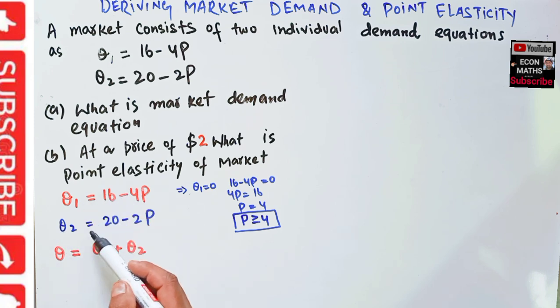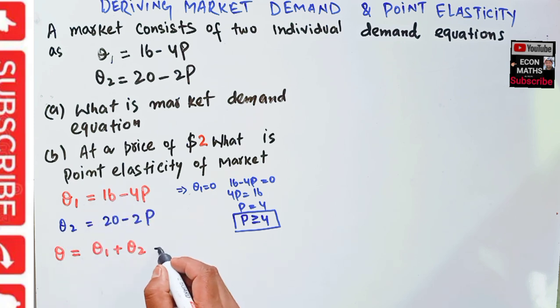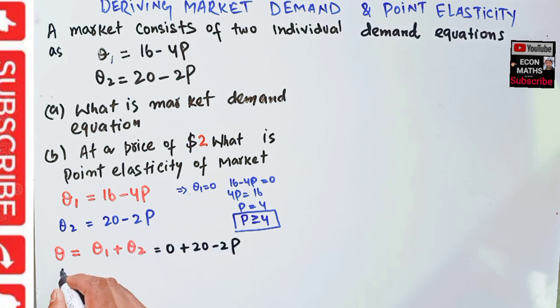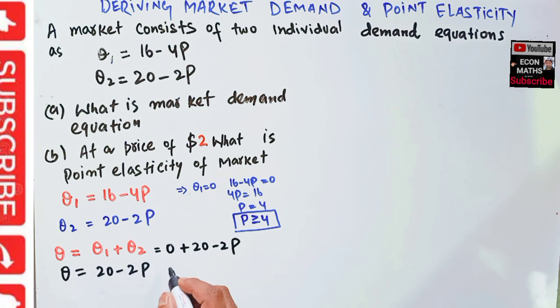That means our Q will be equal to 0 plus Q2, that is 20 minus 2P. That means market demand will be equal to 20 minus 2P if price is greater than or equal to 4, and if price is less than 4,